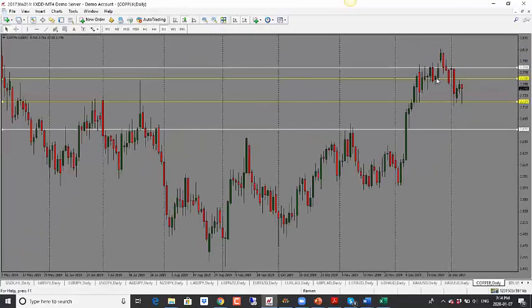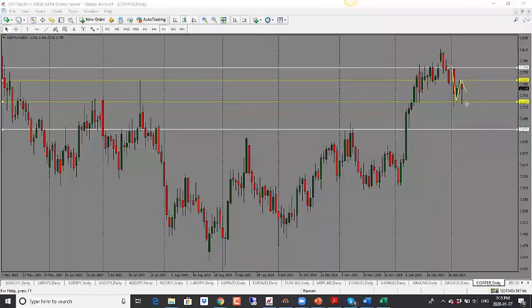Copper here, copper has held below this previous support resistance level. We have seen price go up today, but it is still holding below this previous level. And that shows that this one could drop, which it has already. So at this point, if there's an escalation again, this is likely to drop. Copper is going to drop, and we could see this come back down. So right now, this is neutral.